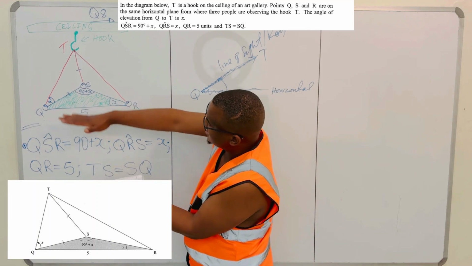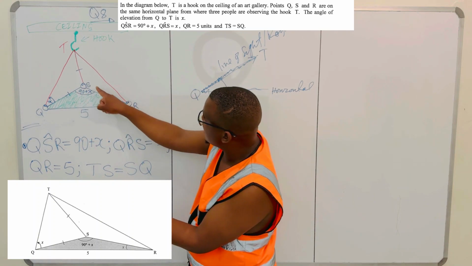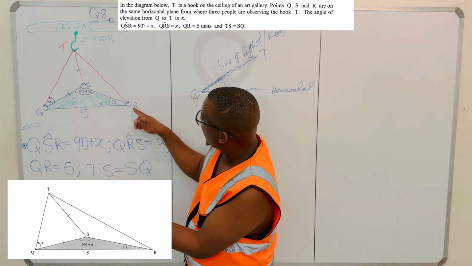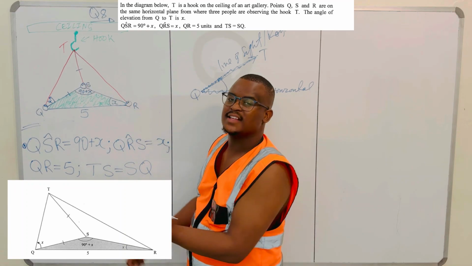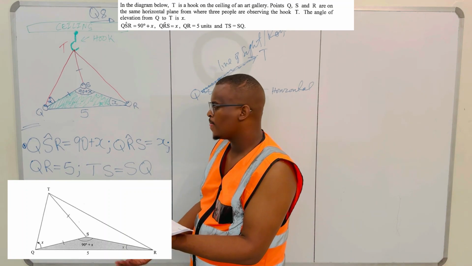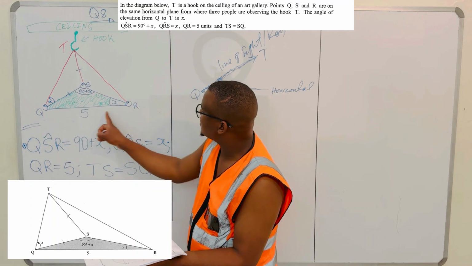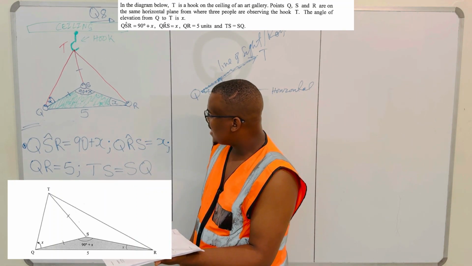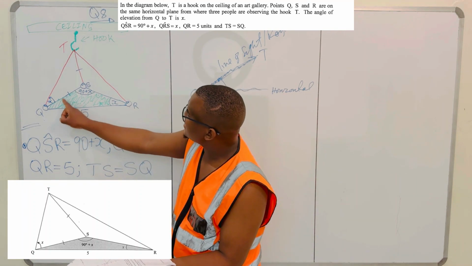the floor. This triangle here, this navy triangle, they're saying the angle between line QR and RS is equal to X. That's what they're telling you. And then they say that the distance QR, which is this distance here, is equal to 5 units. Not a problem. And then they told you that TS is equal to SQ,